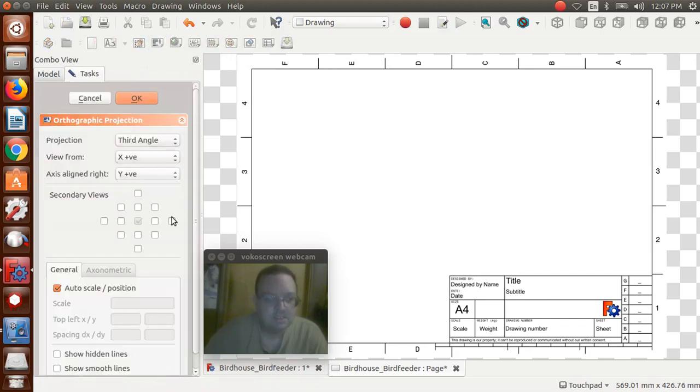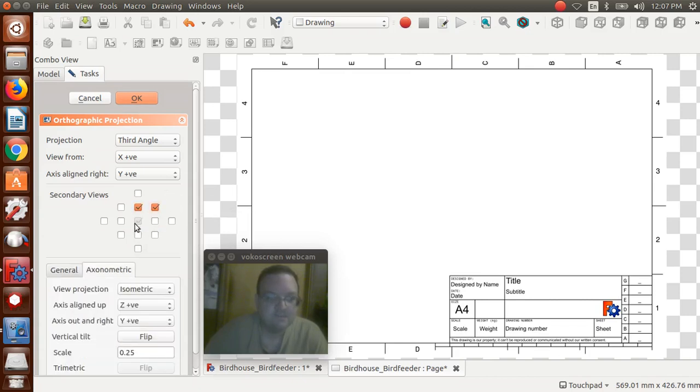As you notice, it has a check mark on there, but nothing's showing up. Nothing's coming onto the page. I click any of these different views, nothing is showing up. So I think the Drawing workbench is completely deprecated. It no longer works at all. So thus we have to move on into using